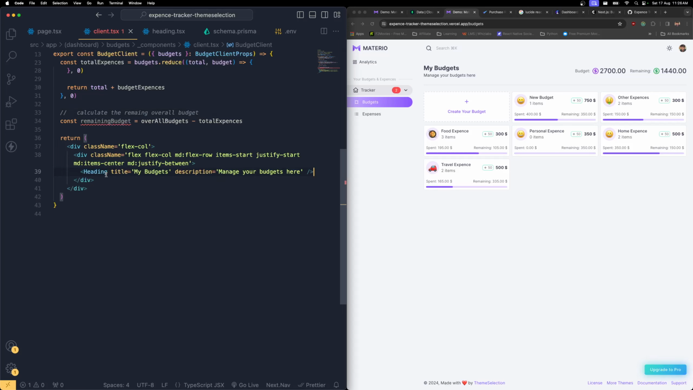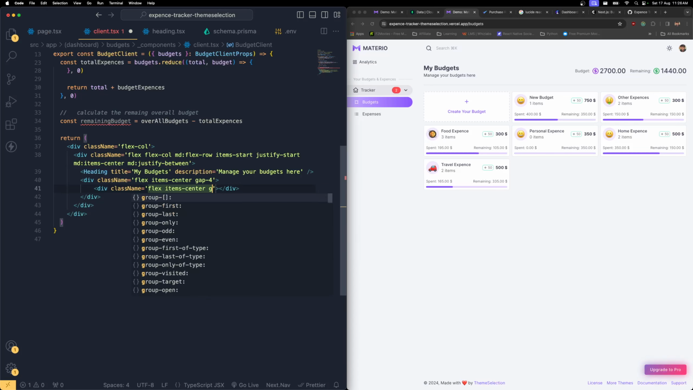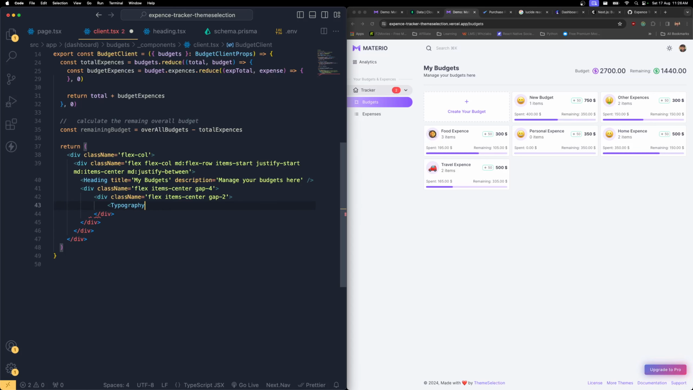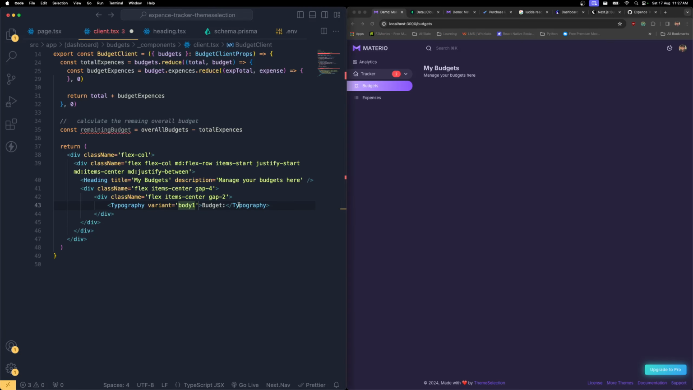So right after this heading, I'm going to create a div with a className flex, items center, and a gap of 4. And inside here, I'm going to create one more div, className flex, items center, and gap as 2. Inside this, I'm going to bring this Typography provided by the Material UI. Close this, which is going to display the text as budget, and it's going to use the variant as body1. So if you save it,